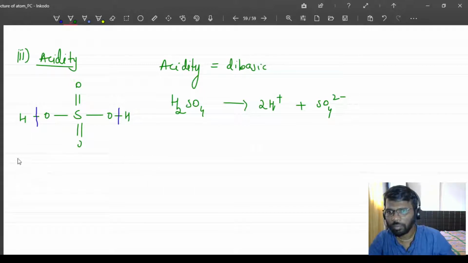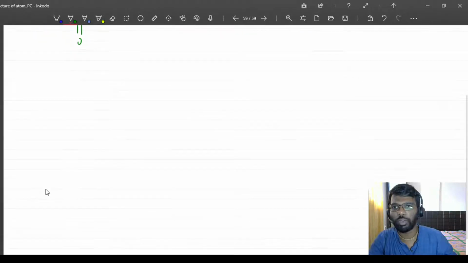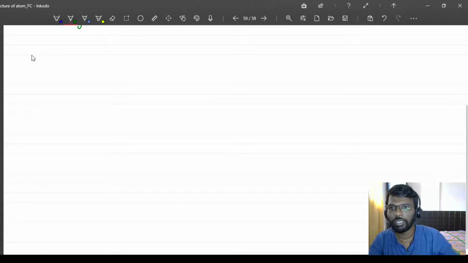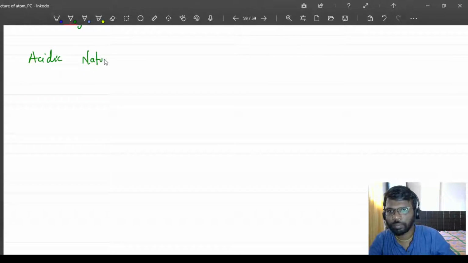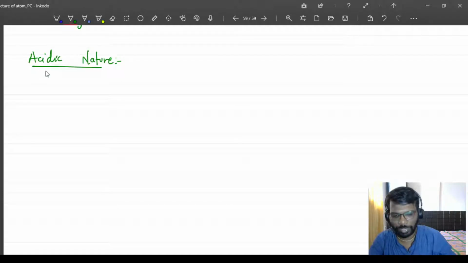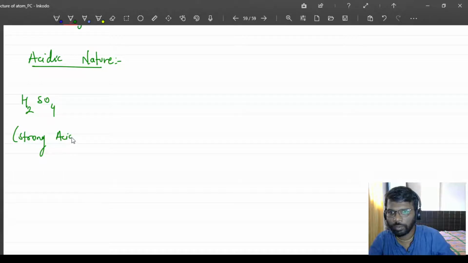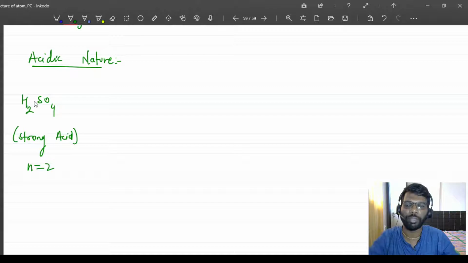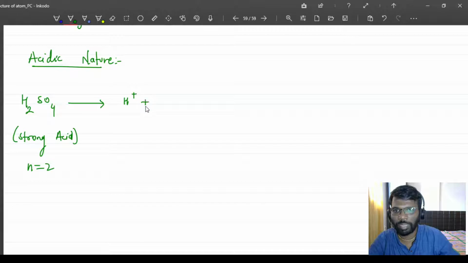Now, if we go into more detail of the acidic nature, H2SO4 is a strong acid. Here n factor is equal to 2, meaning it is giving me 2 H plus. Further, if I split this as one H plus and HSO4 minus,